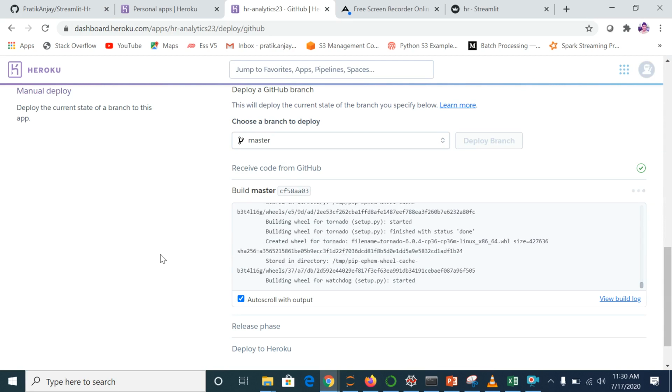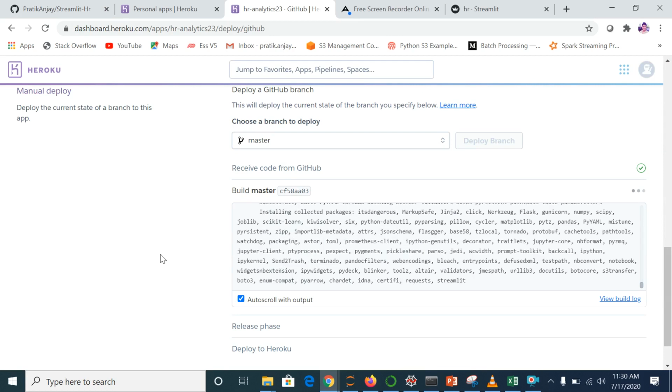If it is very much clean, everything is up to the mark and the proper settings are fine, then it will get deployed, and we will get a link for that. Whatever libraries' names we have given in the requirements file, it is installing everything. And the process is still running, because if you see here, this three dot is still running. So it will take some time.